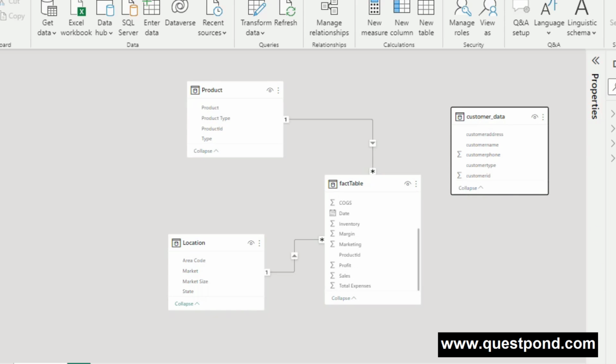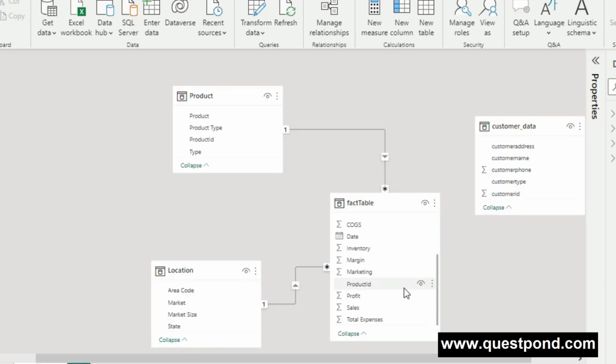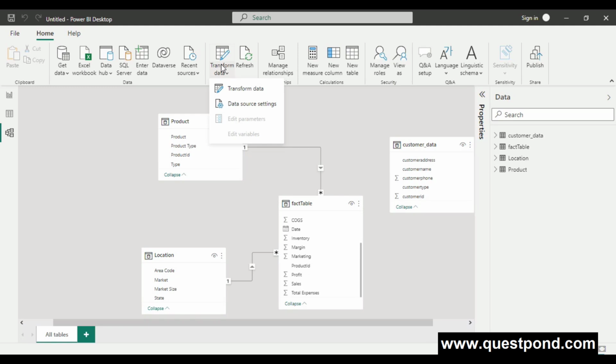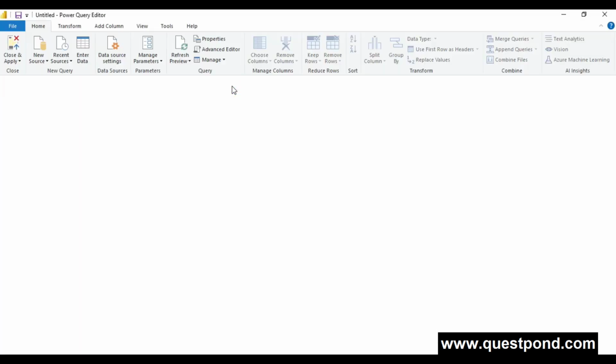But in order to create the relationship, there is no customer ID column here. Can you see that in the fact table? Because I want to create the relationship between the customer table and the fact table, I need a foreign key and a primary key. There is no foreign key in the fact table. So I will go to the transform data option, and I will say transform data again,